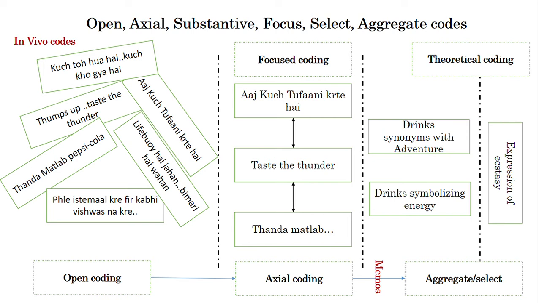In the focus coding, I have taken all the codes that talk about this soft drink and denote something relevant to soft drink consumption. One of the codes says आज कुछ तूफानी करते हैं. The second says taste the thunder. The third says ठंडा मतलब Coca Cola. So here in focus coding, you bring more refined codes, and this is also known as the focused coding stage. As you can see, only the nomenclature has changed across different variants of grounded theory, but the process or the strategy remains the same. Then at this stage, you start referring to